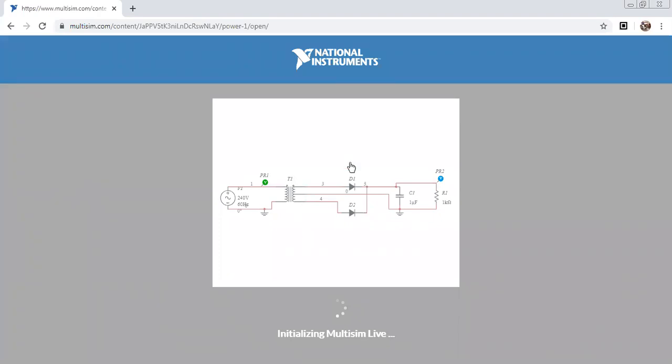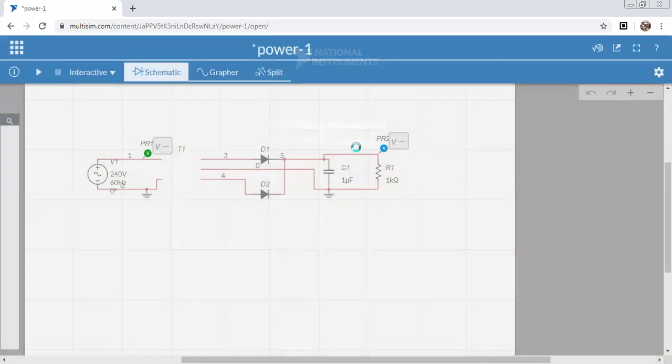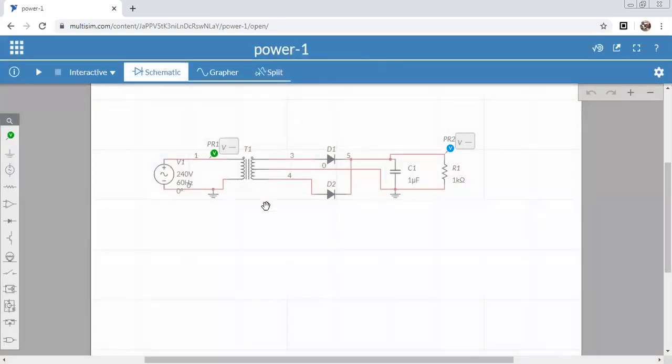So your circuit is open. If you have to make any modification, then you can make some modification in the circuit. So whatever your basic electronic circuit may be, it should be designed by using this Multisim online simulator, and you have to verify the waveform by using this Multisim online simulator. And you can export your circuit to an external site, and you can share your circuit with other persons also, and you have to save your circuit in the dashboard. Whenever you need, you can utilize it, and if you want to modify your circuit, then you can modify it.